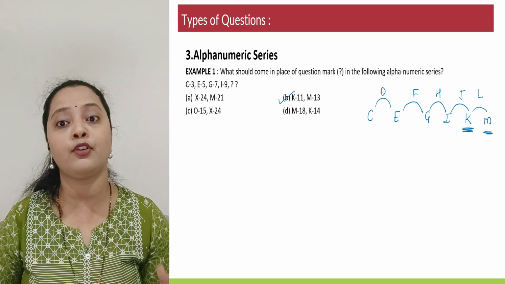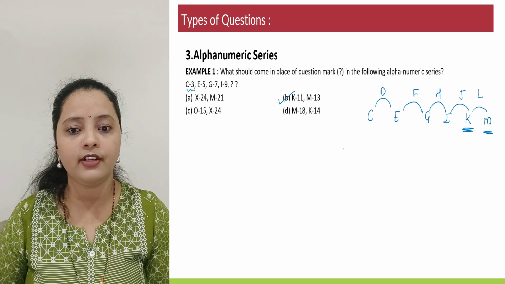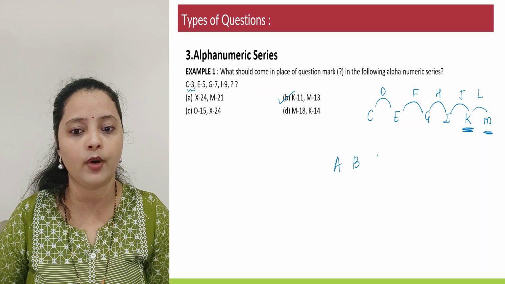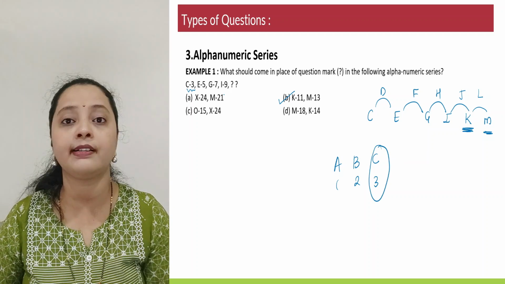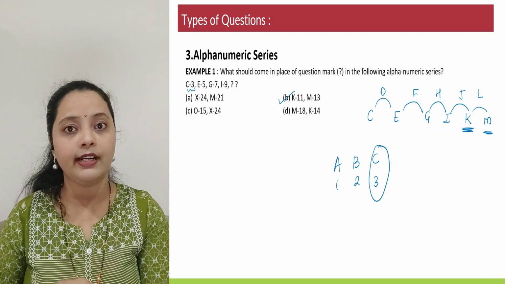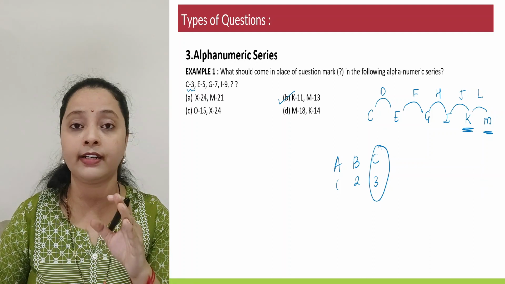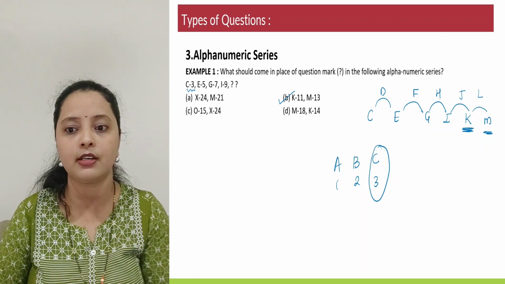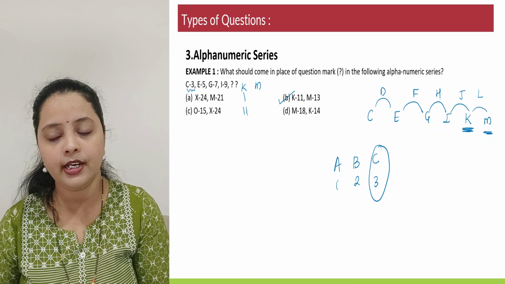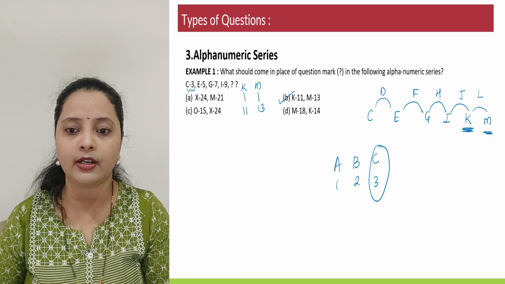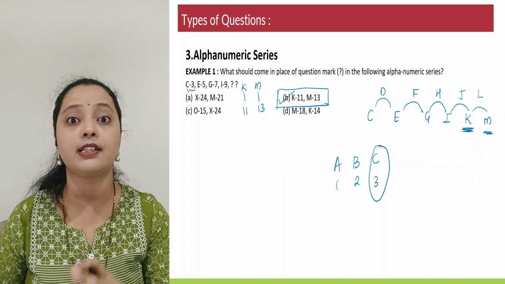Okay, if let's say we had two options, let's see what is the number associated. Now C is 3. If you try in alphabetical sequence A, B and C, 1, 2 and 3. So C is the third letter itself. So here the sequence that they have given is every letter, the adjacent number that it has, it's the place value that alphabet holds in your alphabet sequence. So likewise, if I have K and M, K is the 11th letter and M is the 13th letter. So again, we are coming back to the same option, that is option B. Idea clear, everyone? This is our third variety.